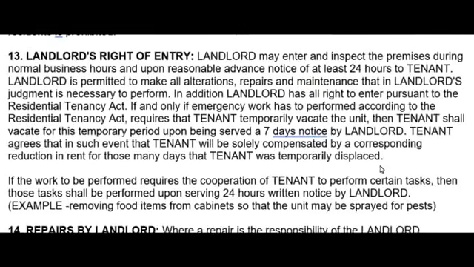13. Landlord's right of entry. Landlord may enter and inspect the premises during normal business hours and upon reasonable advance notice of at least 24 hours to tenant. Landlord is permitted to make alterations, repairs, and maintenance that, in landlord's judgment, is necessary to perform. In addition, landlord has all right to enter pursuant to the Residential Tenancy Act. If and only if emergency work has to be performed,